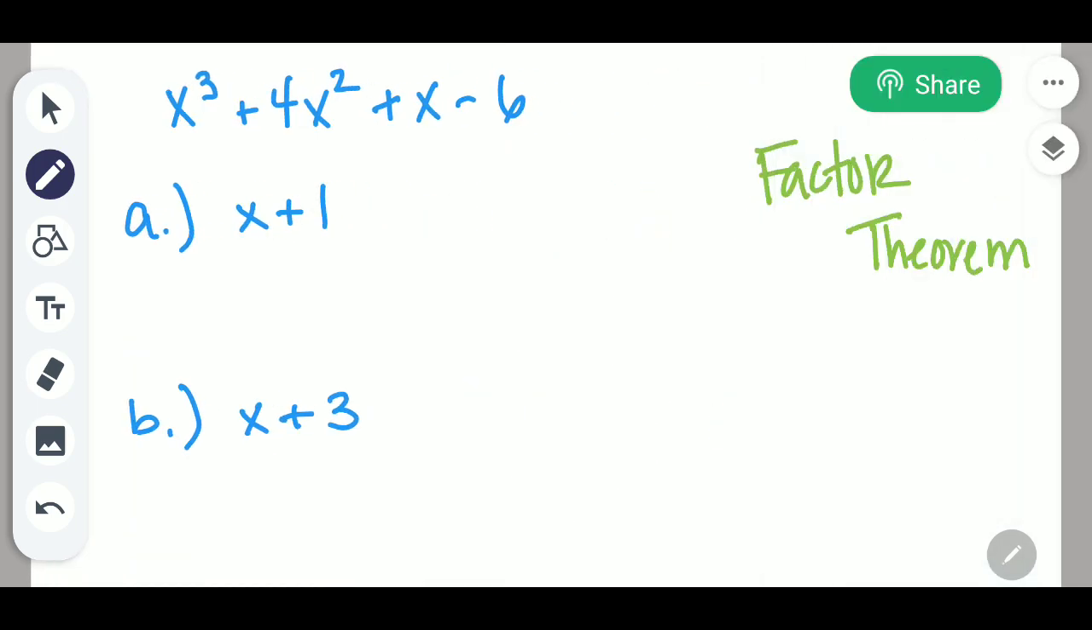All right, let's look at the next one. The next one talks about our factor theorem. The factor theorem states that if you plug in the solution to your factor, so the opposite of what you have, so -1 here or +3 or -3 here, and get out 0, then that is a factor to your solution. So in this case, if we plug in -1 into our original equation,